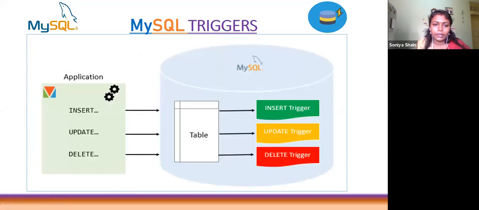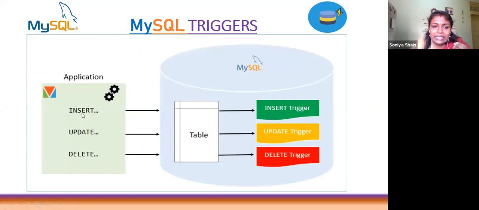Then just a diagrammatic representation of a trigger. Your database is here, then the table is there. Then you are going to insert some data, update some data, and delete some data.